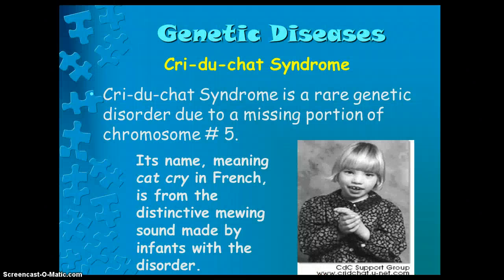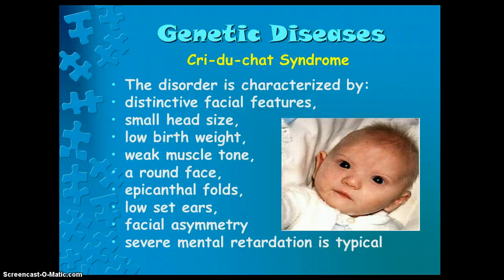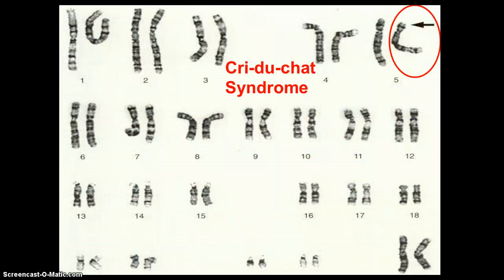Okay, so Cri-du-chat syndrome. My students love to talk about this one. Cri-du-chat syndrome is a rare genetic disorder due to a missing portion of chromosome 5. Its name, meaning cat cry in French, is from the distinctive meowing sound made by infants with the disorder. The disorder is characterized by distinctive facial features, small head size, low birth weight, weak muscle tone, round face, epicanthal folds, low set ears, facial asymmetry. Severe mental retardation is typical. And here we have